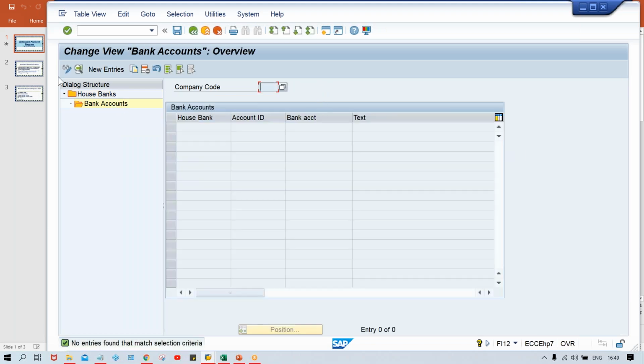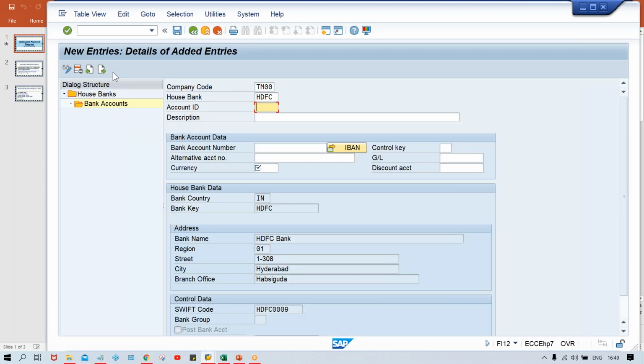So here in a particular, you just do one thing. Let me do one thing here, guys. So here, account ID. What is this account ID, guys? Now, account ID I'm going to give HDFC 1. See, each account ID represents a bank account. Okay, I'm going to give account number. So look at here, bank account number I have given against this account ID.